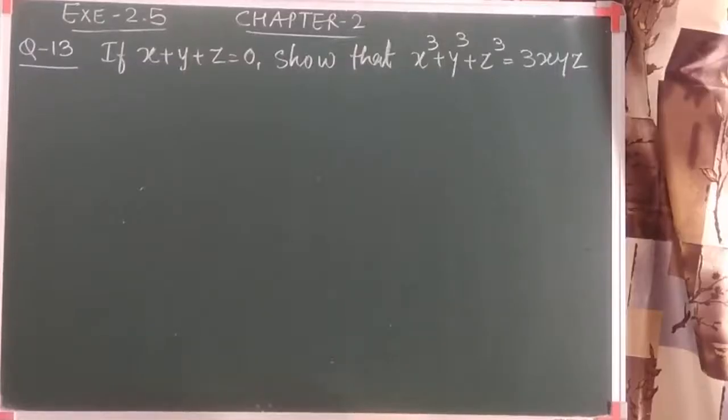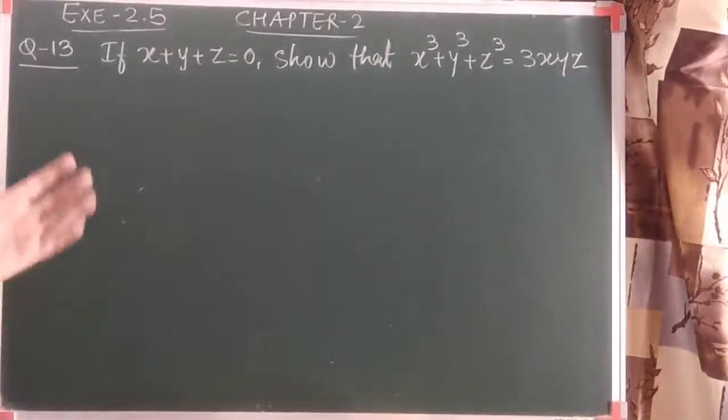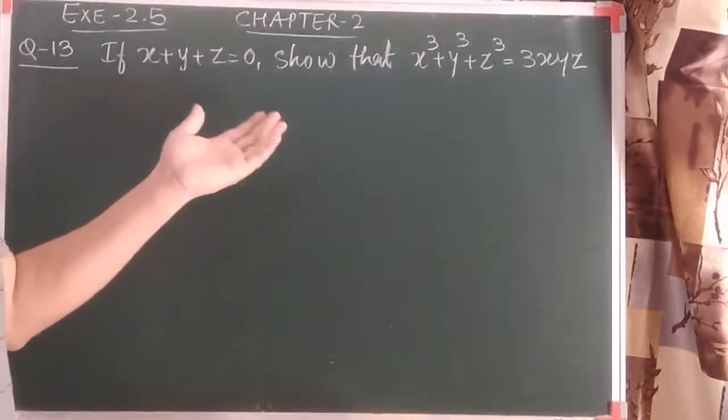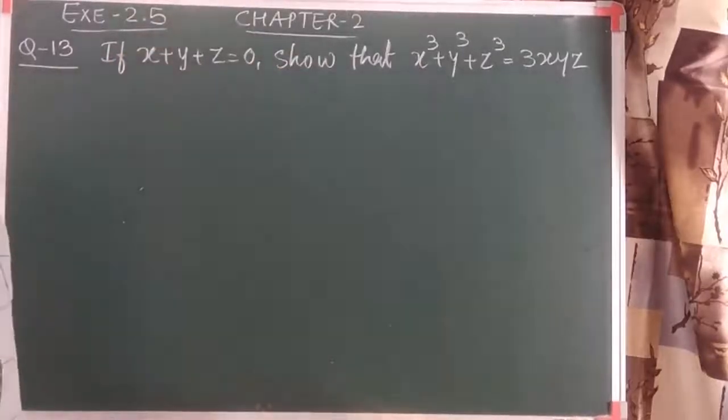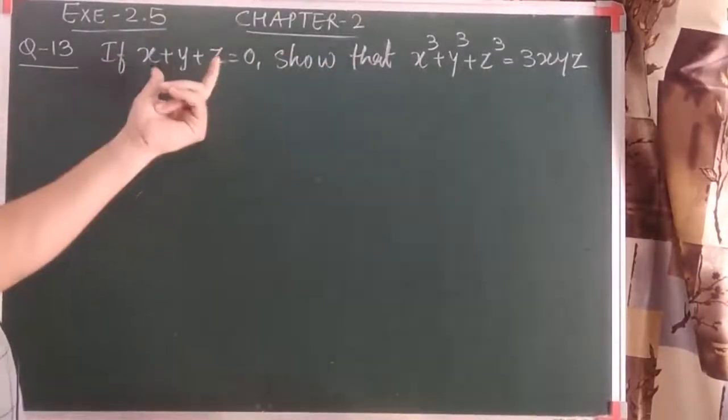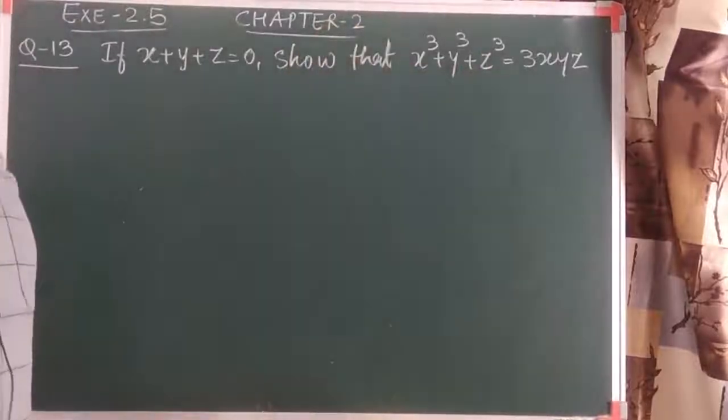Let's see one more question. This question again, it's a kind of verify. We have to show that. See, that is the difference between verify. That means it can be same, it cannot be. But when we have to show that, that means you have to prove this value is equal to this one.